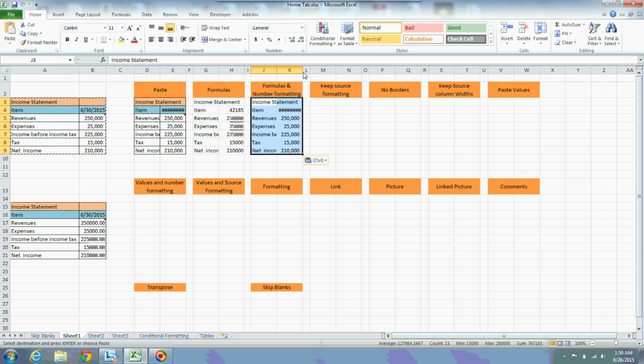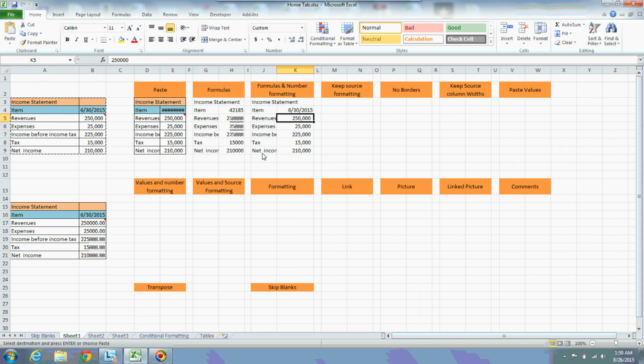If you observe the difference between these two, there is a comma between values here, but there is no comma between values here. This is the difference between formulas and number formatting.